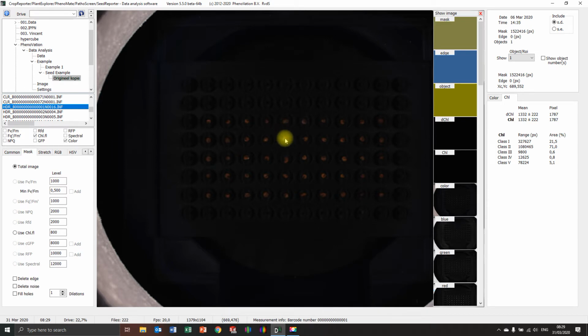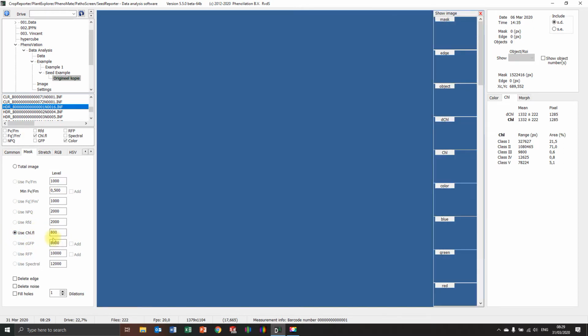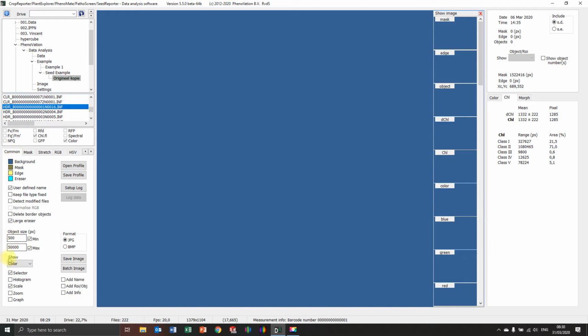So 1700. Well, that's strange because I put it on 800. So it should pop out of the background, but then other settings are switched on that will prevent this. Most of the time, it's this one, the object size. You can see they have set an object size of a maximum of 50,000 and a minimum of 500. Probably those seeds are smaller. So by lowering this number to maybe 50, I think,